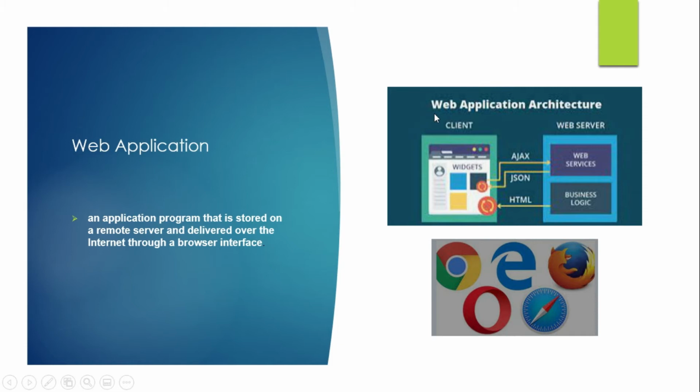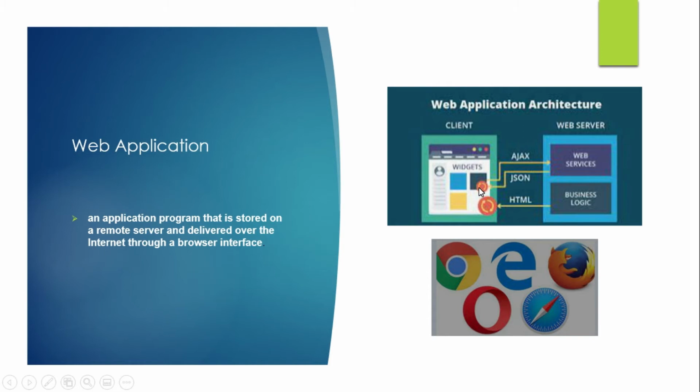So a web application is a server-side system. There is a server. We install components, just like what I mentioned earlier, the SAMP, and we have to program the system, the business logic, and then the client will access the server. It will communicate with the server via browsers. We have different types of browsers: Chrome, Edge, Mozilla, Opera, Safari. These are the popular browsers, and these browsers, being accessed by the users, will access the server,